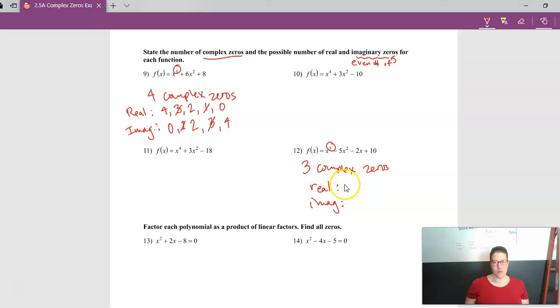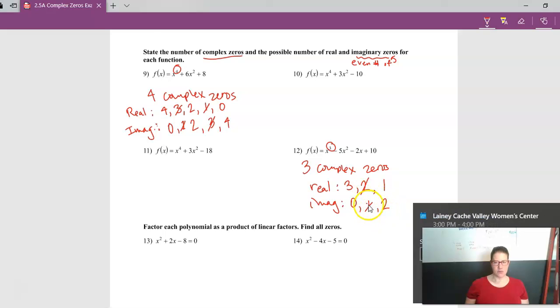So if all 3 of them were real, that means I would have 0 imaginary, and that would be okay. If there were 2 real, that would mean 1 had to be imaginary, because these should add to this. Because I can't have 1 imaginary, that means I can't have 2 that are real. That won't work. I could have 1 real and 2 imaginary, and that will work